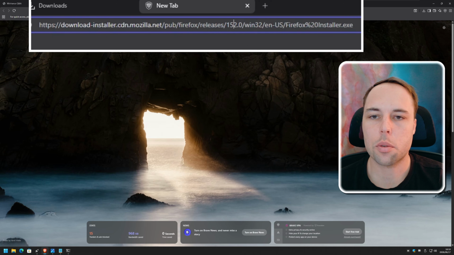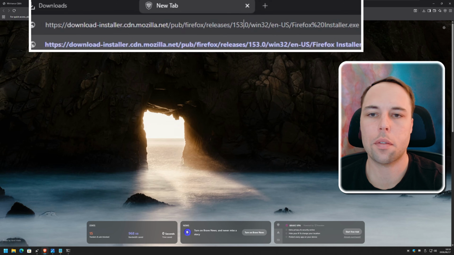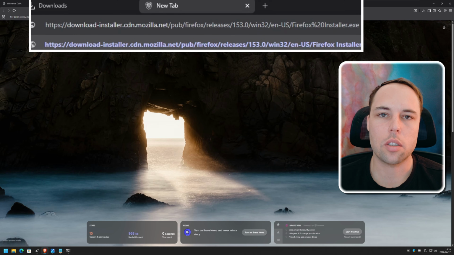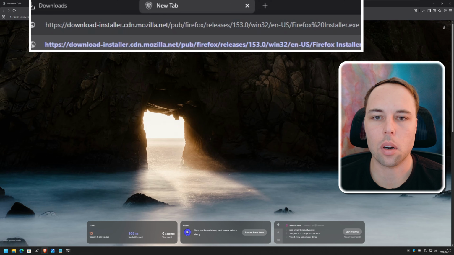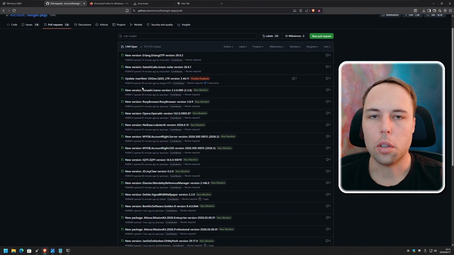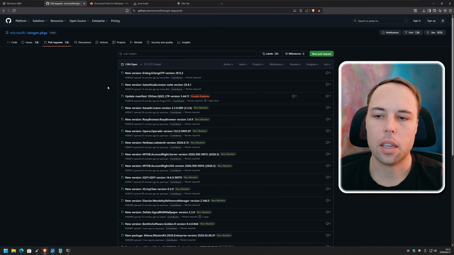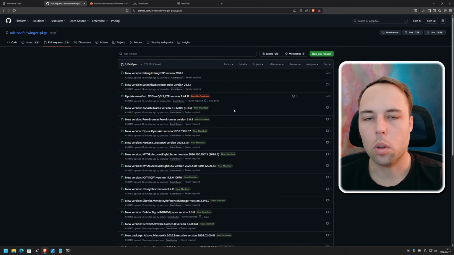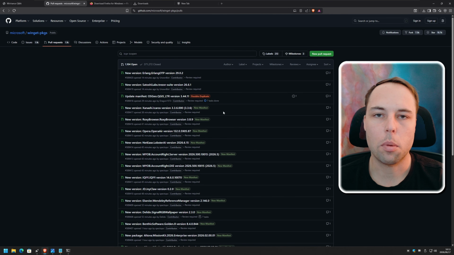But what if Firefox releases version 153 tomorrow? Then the install is just going to fail inside of WinHance anyway, because the 152 version link probably doesn't exist anymore. But that's why you have these package managers like Winget and Chocolatey, where their entire job is to do that and to make sure that they give you the latest version, and also add security to that in the form of checking the hashes and the manifest files.